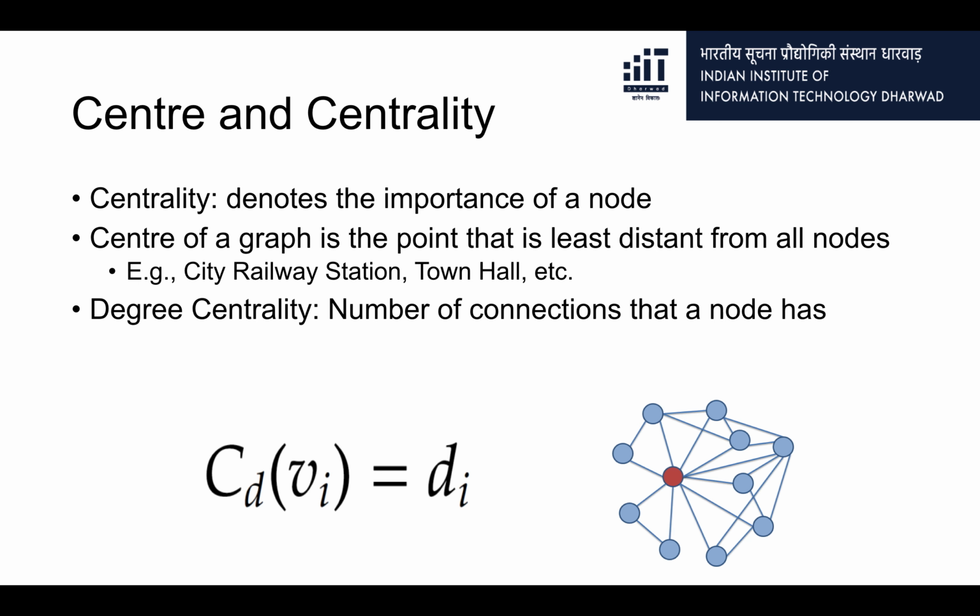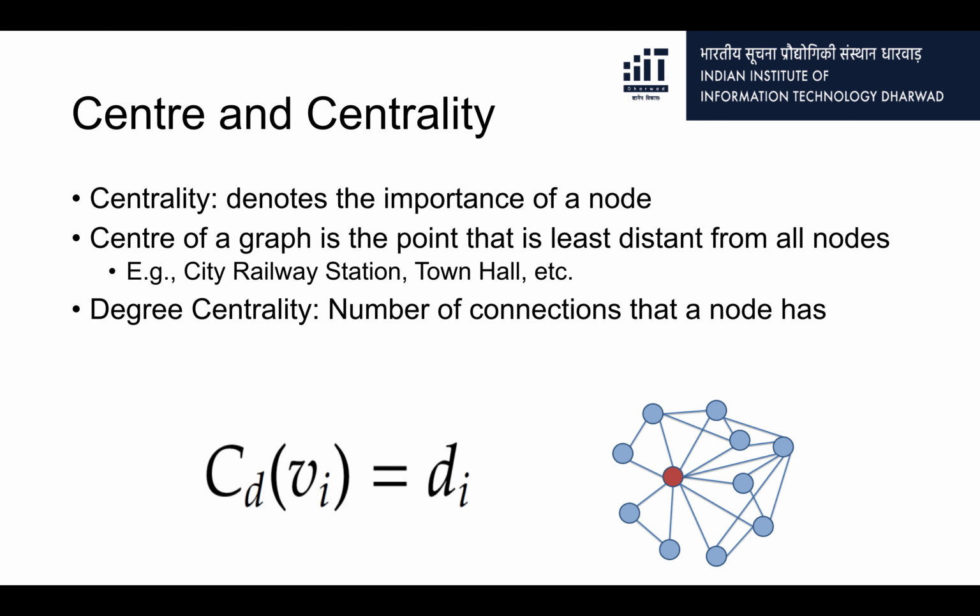The simplest idea of centrality is degree centrality, like how many edges are incident at that node, how many connections are there for a node. If you see a social network graph, then the number of friends you have indicates your degree centrality, right. The number of web pages linking to a page indicates the degree centrality of that web page, and so on, right. In other domains as well, the city railway station or the town hall and so on tend to be the centers of a town or city.